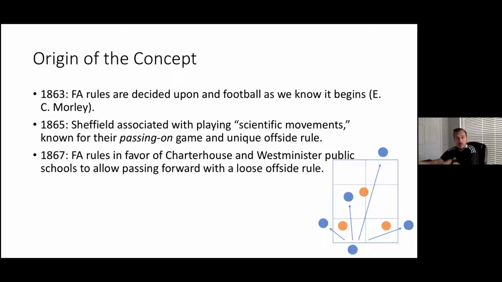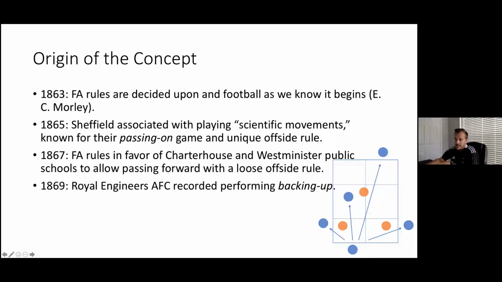So there was no just running forward with the ball and dribbling and passing only backwards. Now you're allowed to pass forward, and there's a loose offside rule. And the offside rule back then, in the later 1800s, was the fact that there must be 3 defenders between the person receiving the ball and the goal. So that was the offside rule. As long as there's 3 defenders defending their goal, you can pass forward. Okay, so now it's allowing for a bit more passing. Now we're starting to see the game with a little bit more passing.